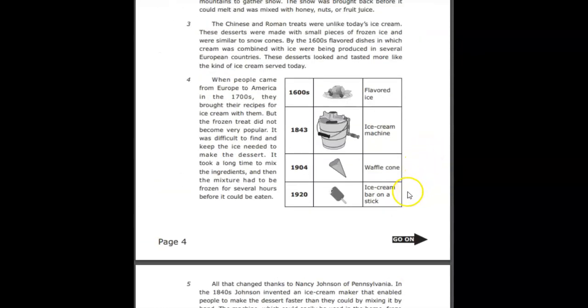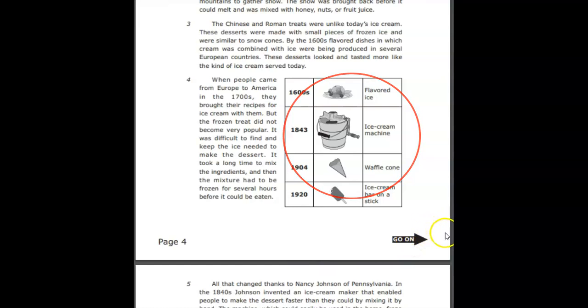And then here I see another table and graph. And instead of captions, there's just some quick phrases and information that can be included here. So I see we have some ice. This looks like a bucket with a machine on it. Well, I can see clearly this is an ice cream machine. Waffle cone. Oh, delicious ice cream treat. Ice cream on a stick. So I can use